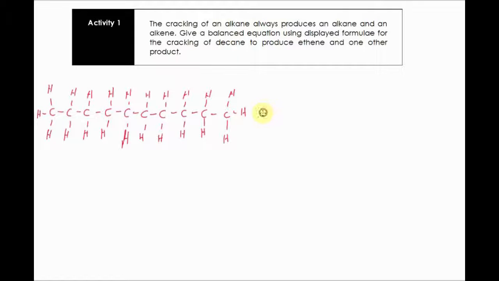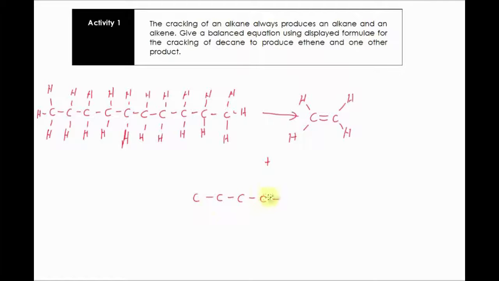And what we do when we crack, we just break the chain up to produce shorter chain material. So we'll still have the same number of carbons, and we'll still have the same number of hydrogens, so we're not going to add anything. So we're going to produce ethene and one other product. So ethene, ene means it's going to have a carbon to carbon double bond, like that. So we've taken off 2 carbons, so that will mean we'll have 8 carbons in the remaining carbon